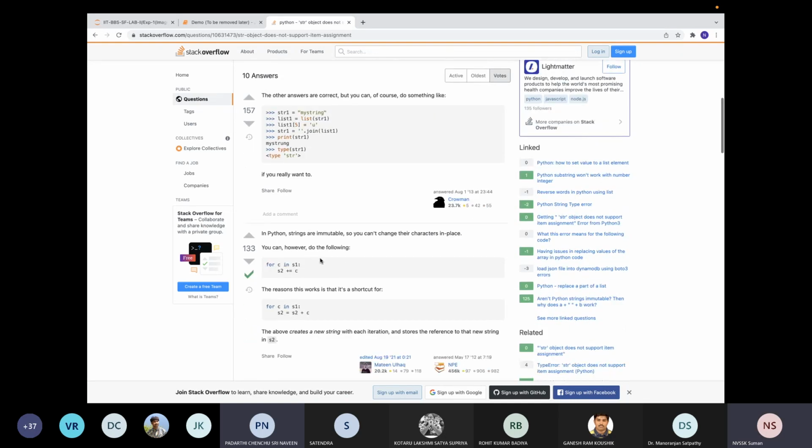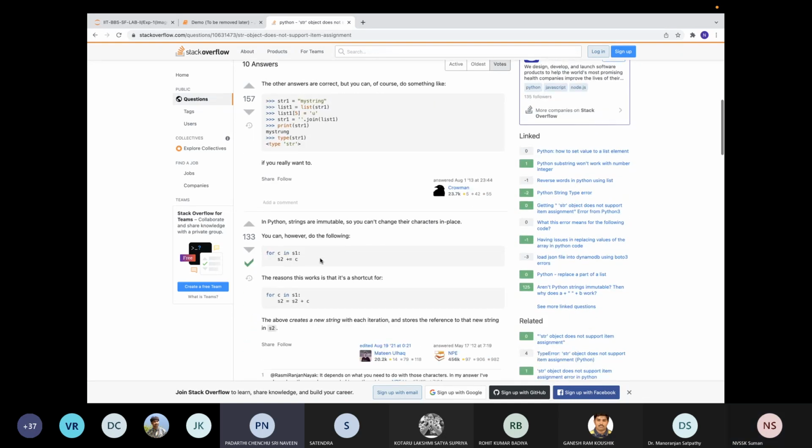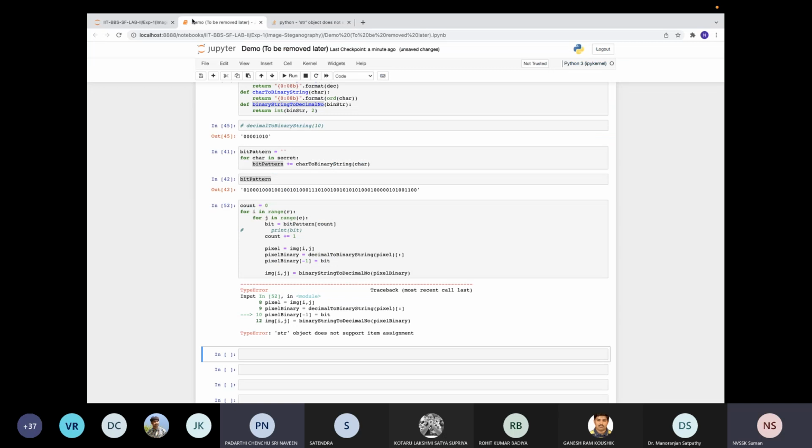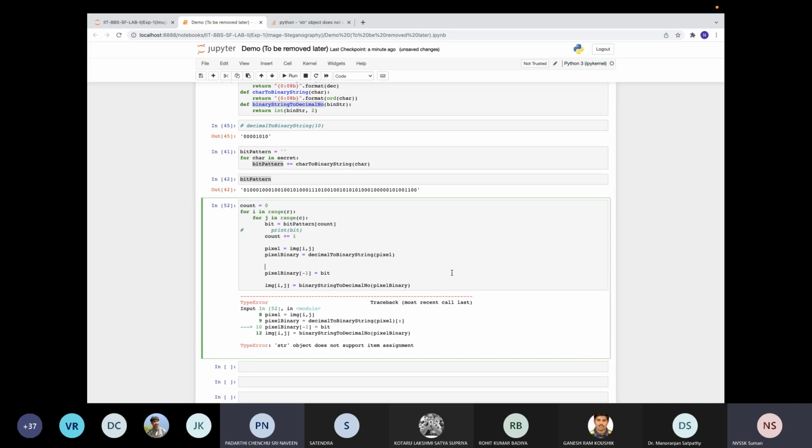Let's take this. Okay, indexing this should work, right? Let's print. Okay, I think now I need to